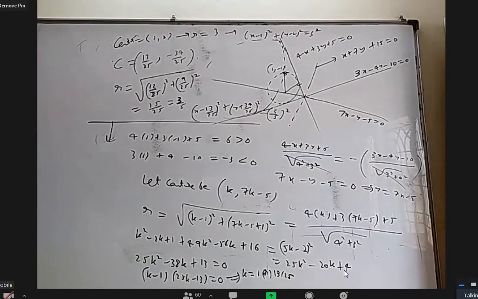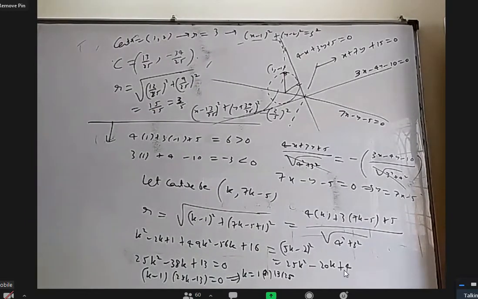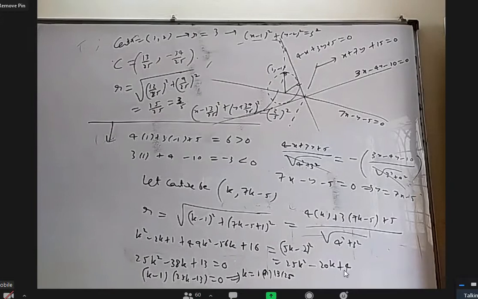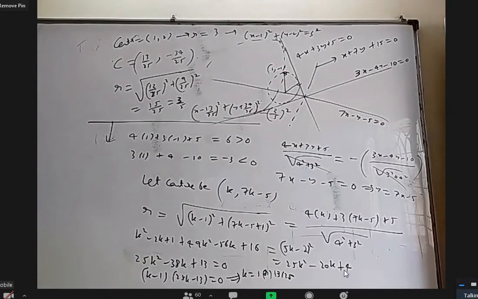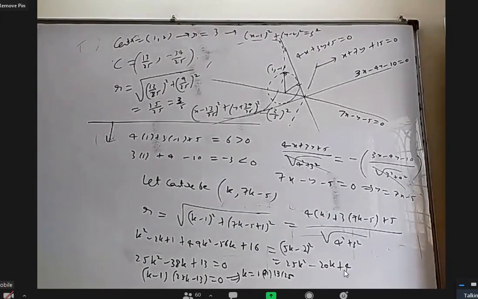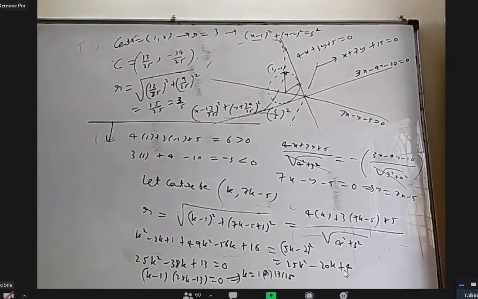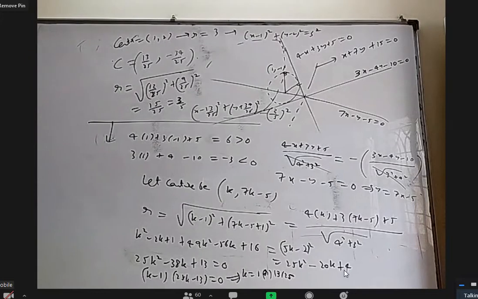Sir, what will be the portion for this weekend exam? Yeah, Saturday you have exam. Sunday you have exam. So till Saturday, whatever we complete. So basically, we are going to complete circles. We may not complete system of circles, but circles will be complete. Today is Tuesday, right? Yes, sir. Then we have another 4 days. So system of circles will be completed. So full circles and system of circles, everything will be there. Because I want to finish the whole thing by this weekend, and Monday I want to start parabola.